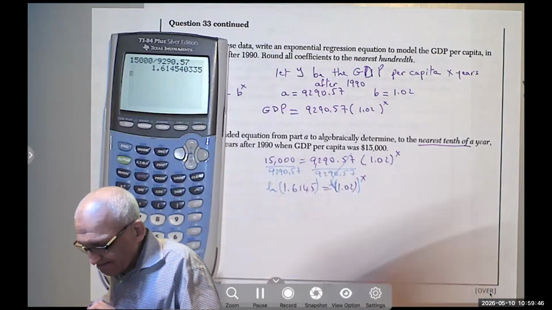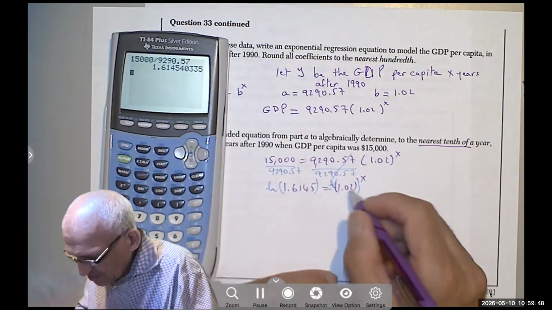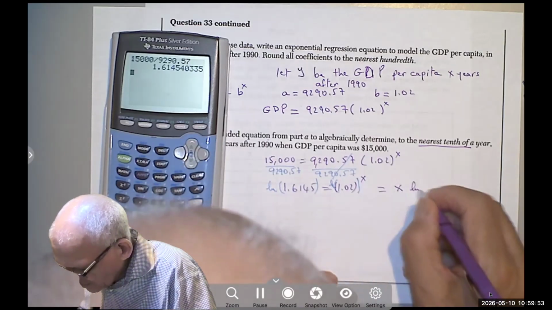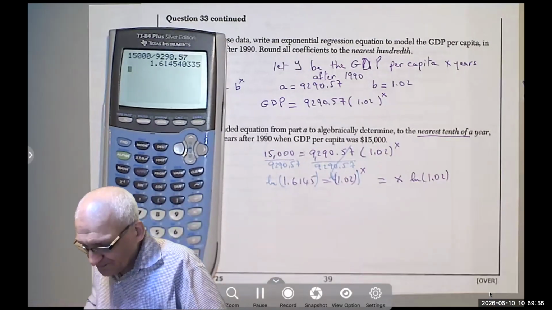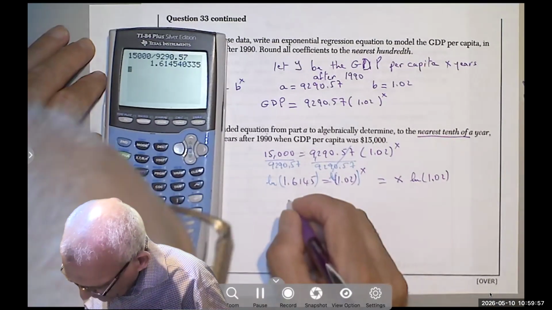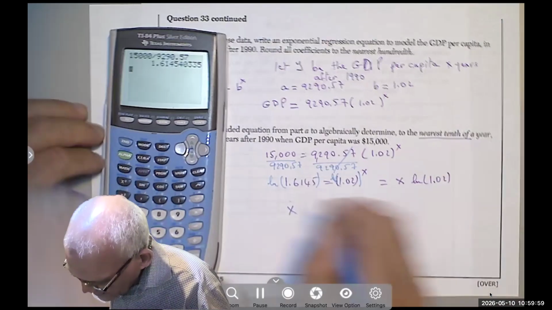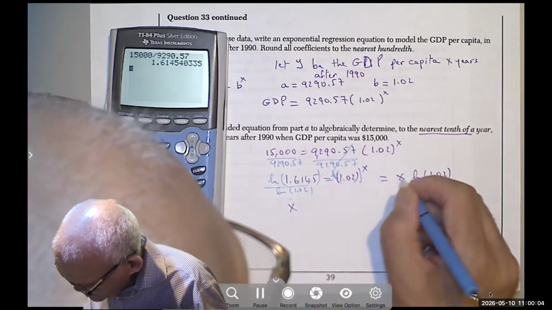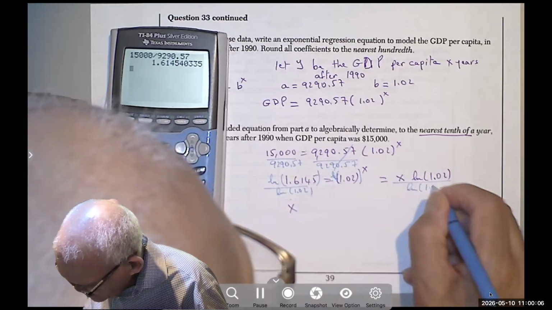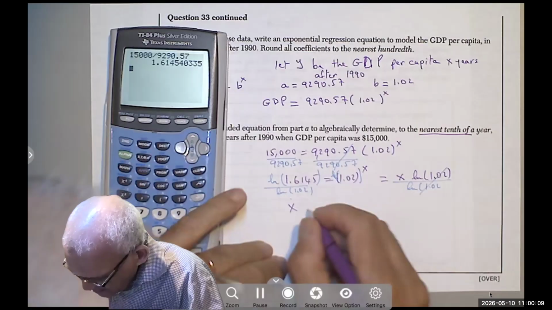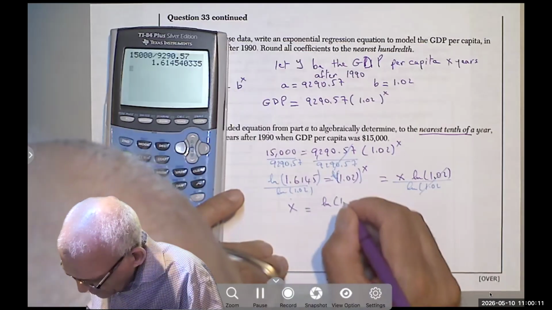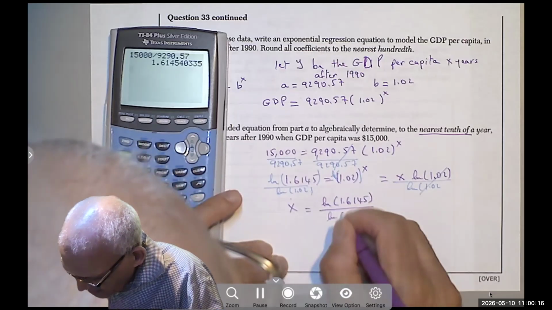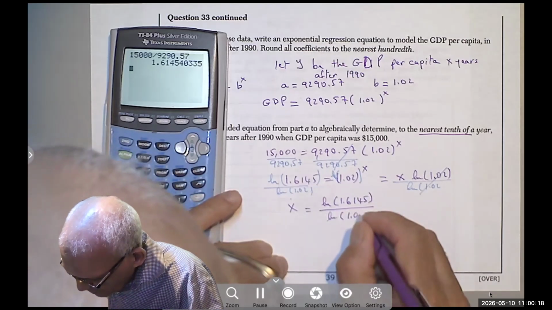right? And when you take the natural log of something to the power of x, that becomes x times the natural log of 1.02. And finally, to find x, you divide both sides by natural log of 1.02. So x becomes natural log of 1.6145